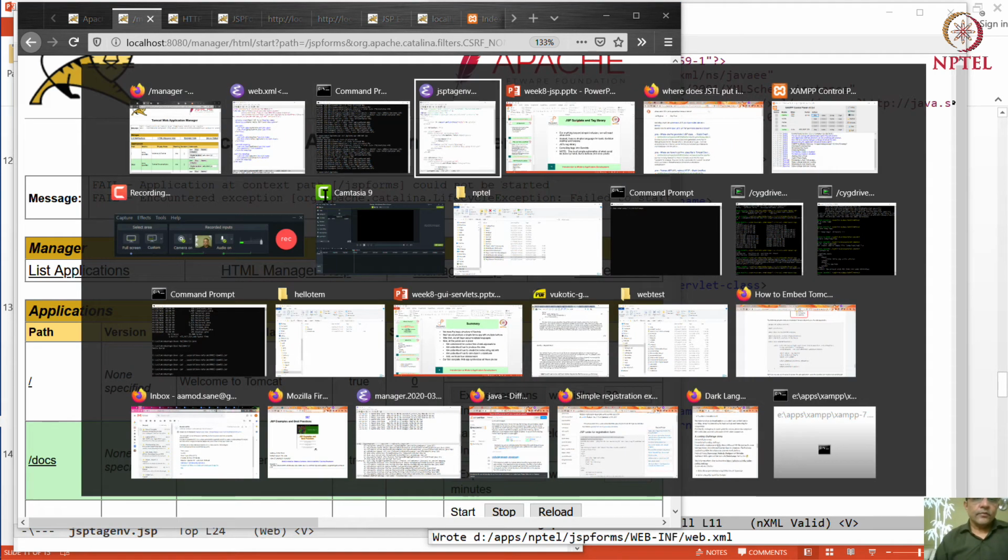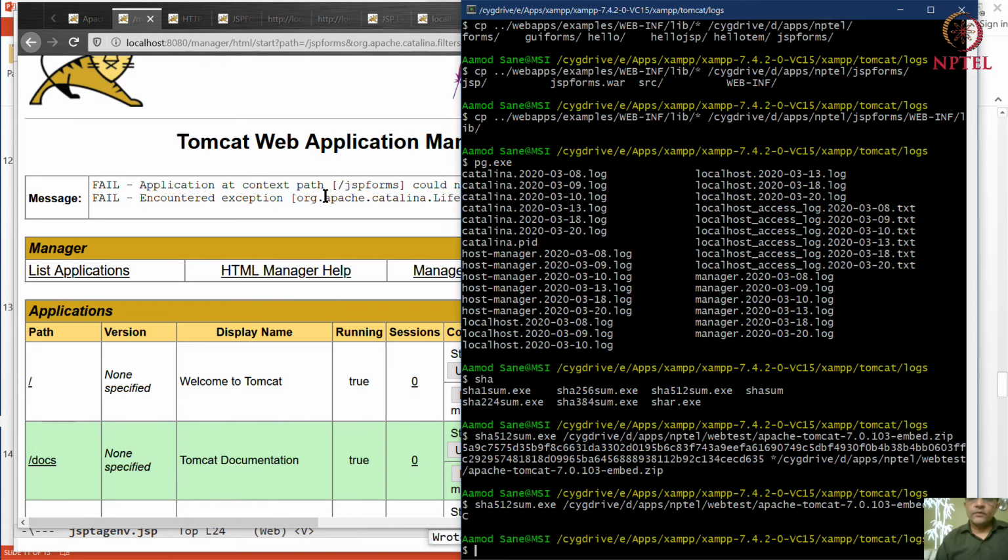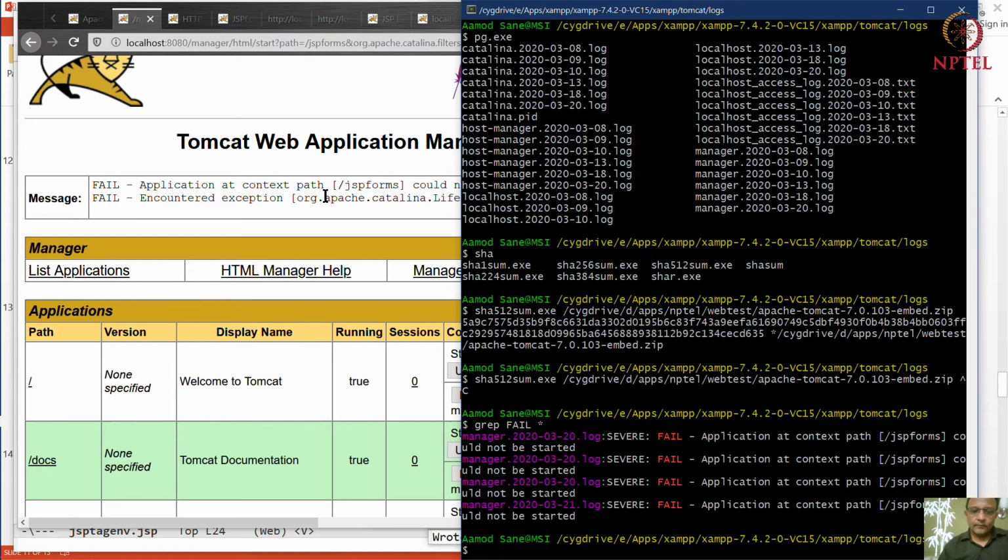When this happens, what you should do is go to the place where there are Tomcat logs and just grep for the failure. So here what it says is the manager complains, because it is the manager which could not find these things.